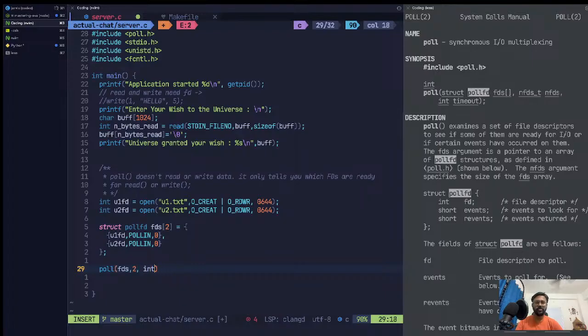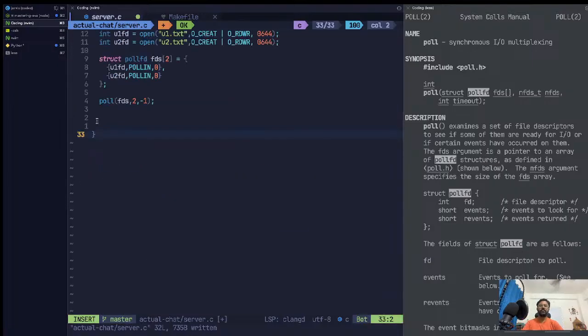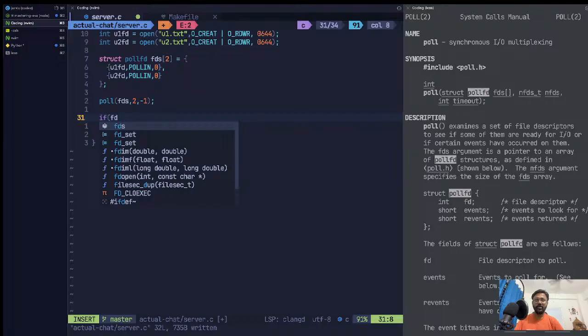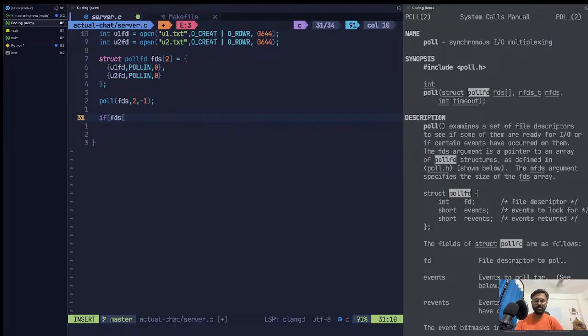I'll just copy these. Now if I do if fds[0]